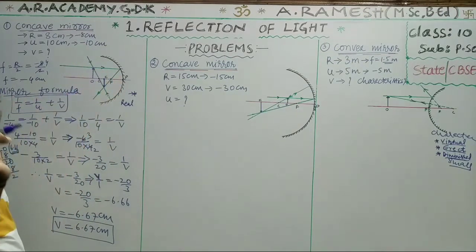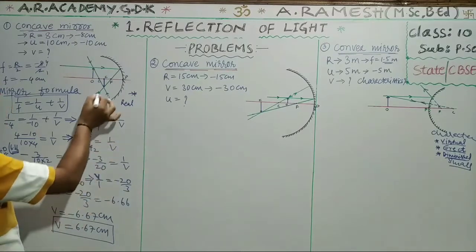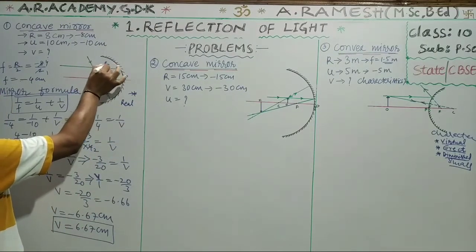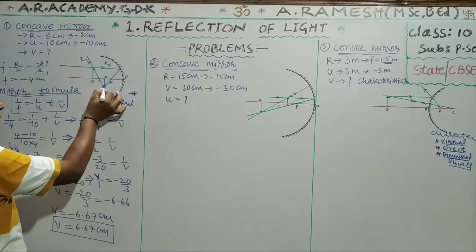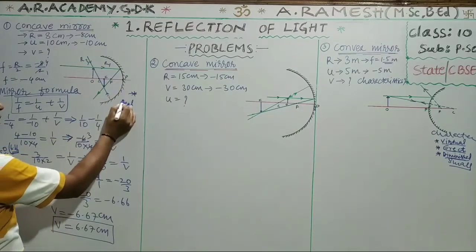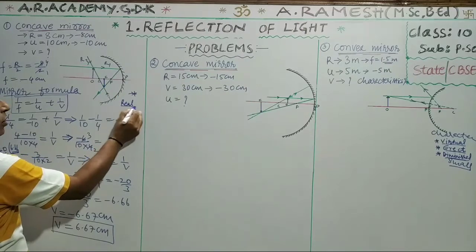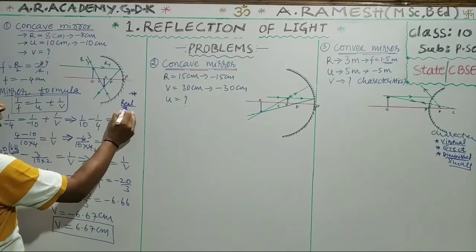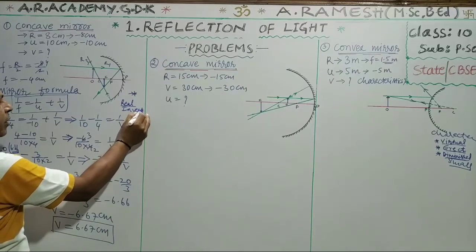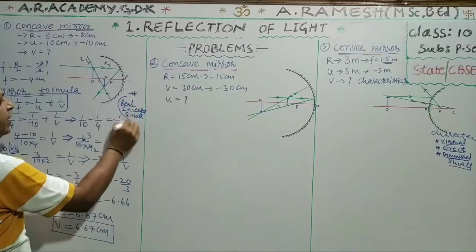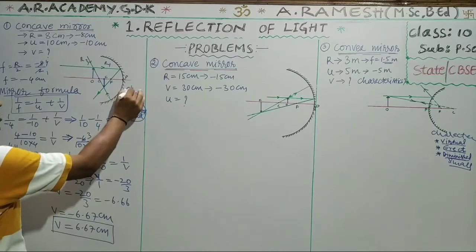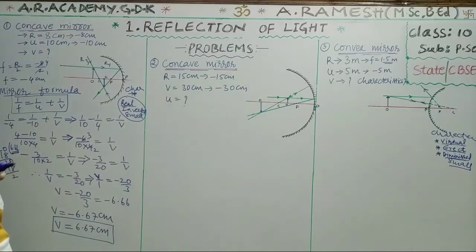And the rules for concave mirrors are also known to you. From that, this is rule 1 and this is rule 3, and they are meeting at a point there. An inverted image is forming, and we can catch it on the screen. So this is a real and inverted image, and a diminished image will form. These are the characteristics of the image formed.